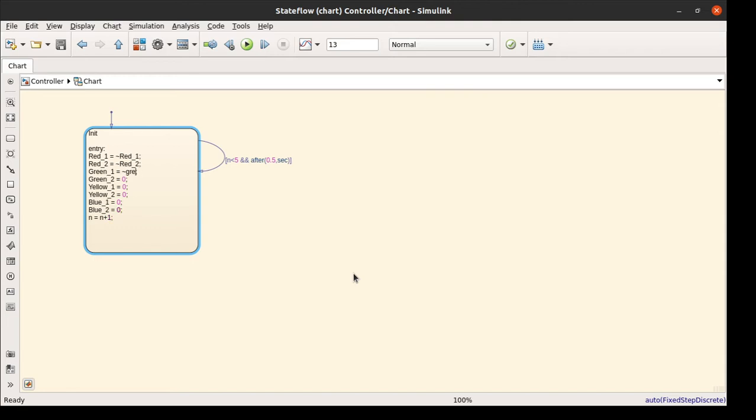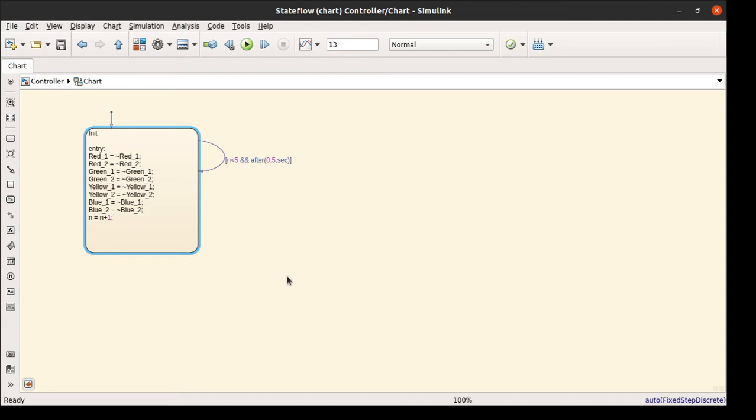So I am using the not condition because I will use the Boolean data type for all these signals. So this will be allow 1, this will be allow 2, this will be blue 1, this will be blue 2.